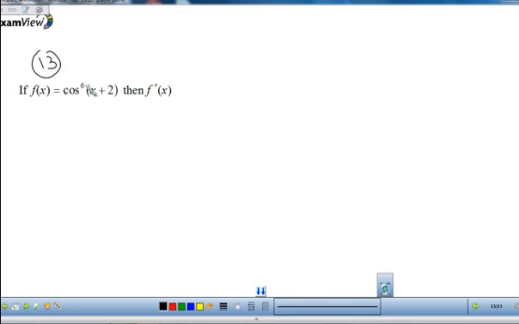So similar to the other one, we're going to use the chain rule. So it's going to be 6 cosine subtract 1 times the derivative of the inside times 1. Derivative of